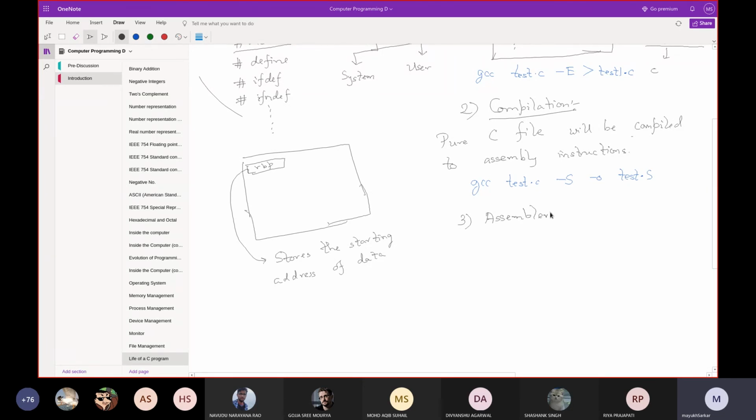Now, once we have the assembly instructions available to us, the assembler will come into action, right? And the assembler will convert the assembly instructions to machine instructions.